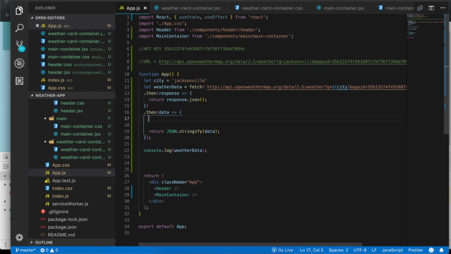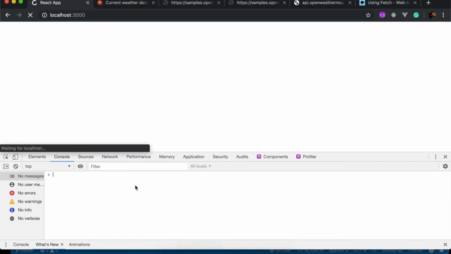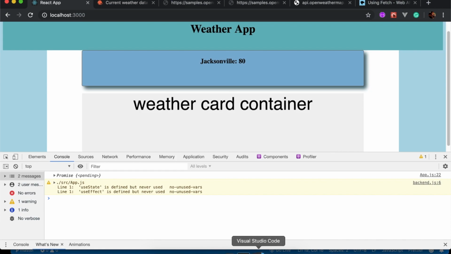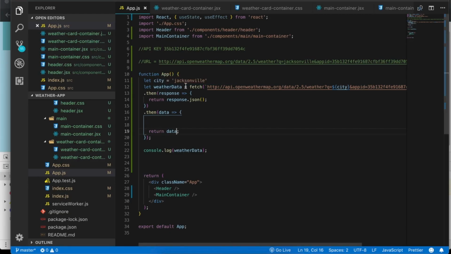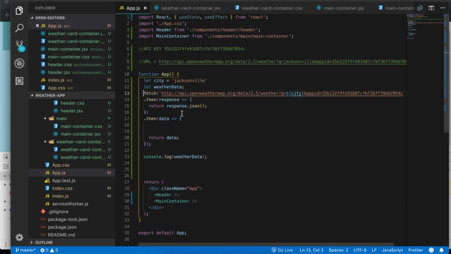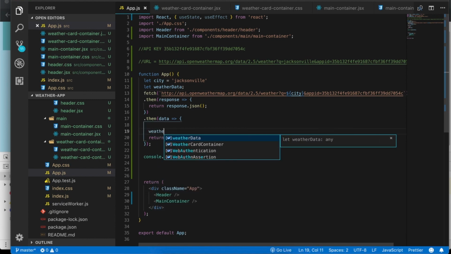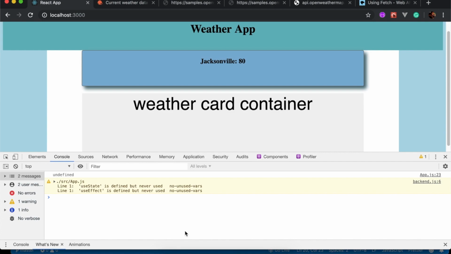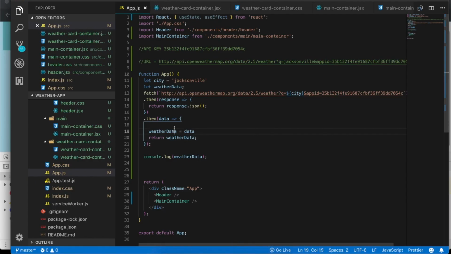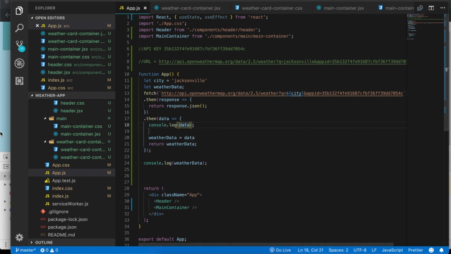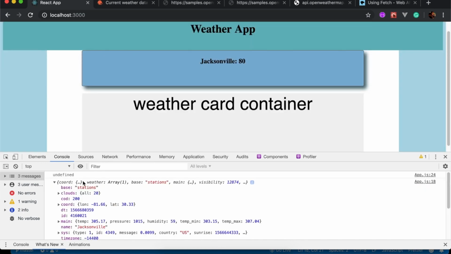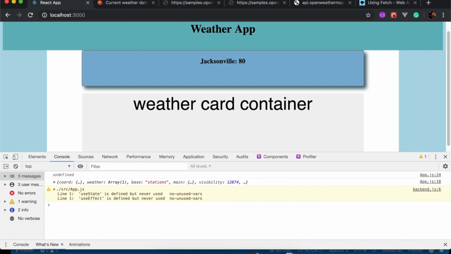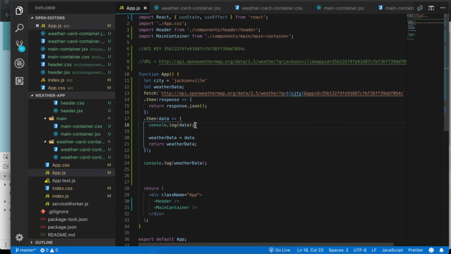So return data. Yeah. Why? Or if we do let weather data, it's undefined. Gosh dang it. It's there. That's the data I need. Okay, well let me see. Let's take this